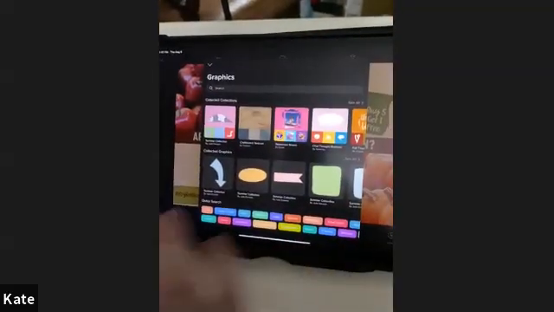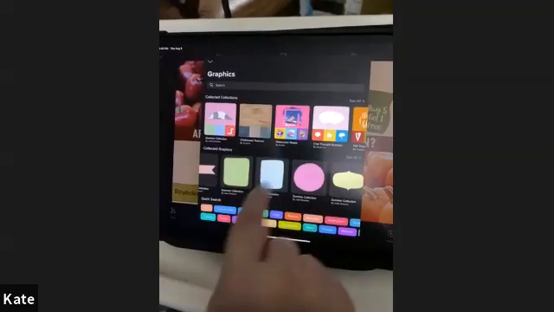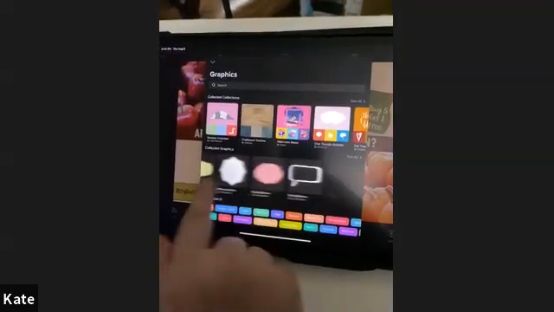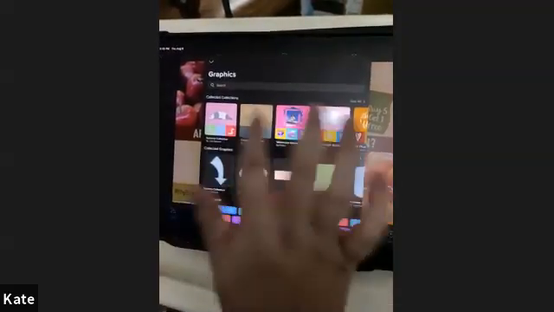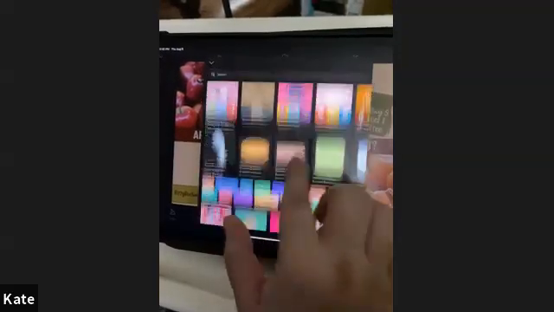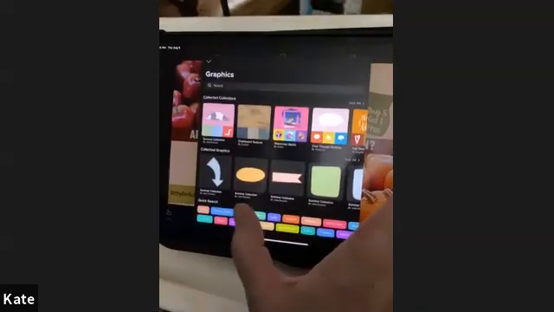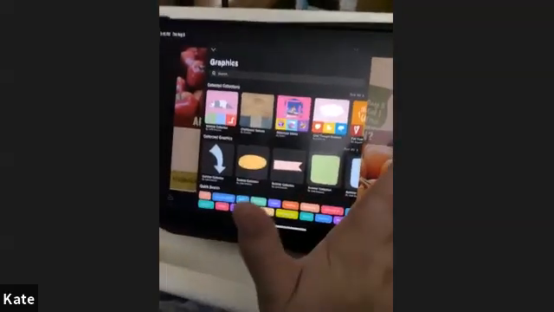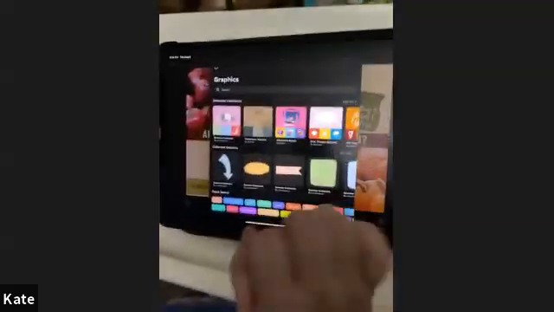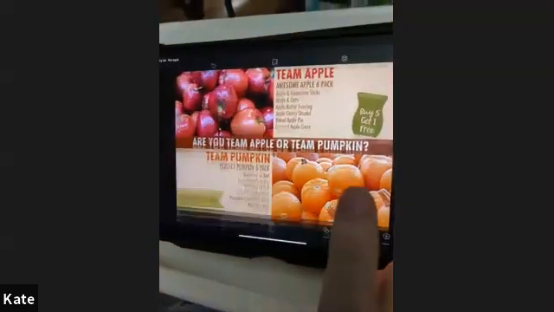And they have tons of graphics in here. They have shapes to make text frames out of. They have background images and textures. They have all kinds of different stuff. They even have ready-made lettering, like for thank yous and Happy Mother's Day and stuff like that. And that's another thing I like the templates for,